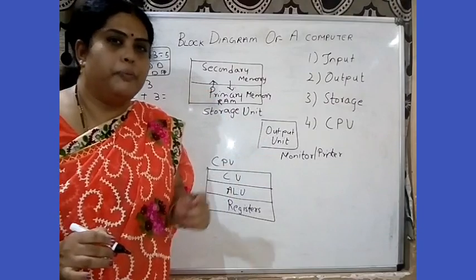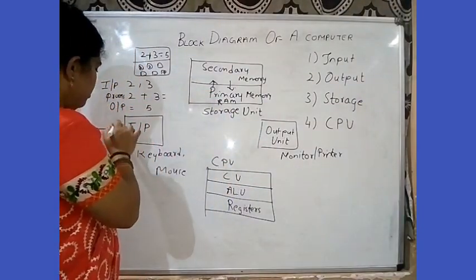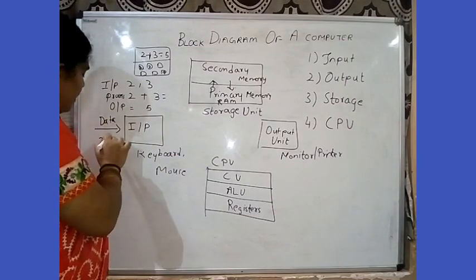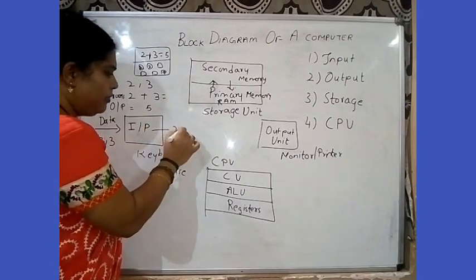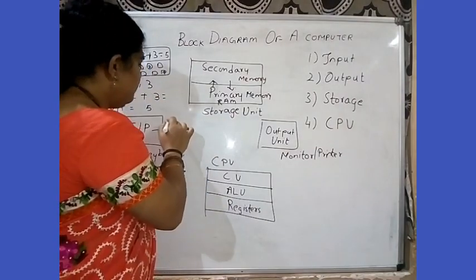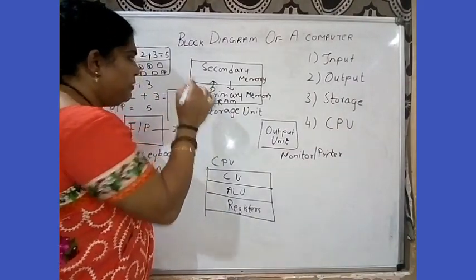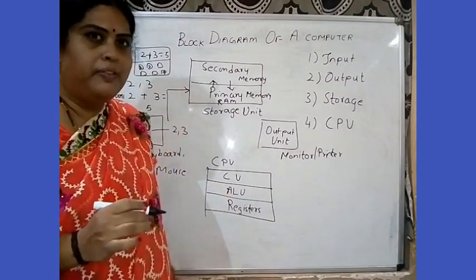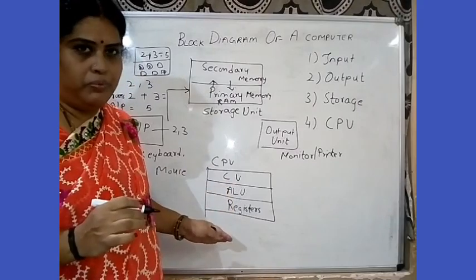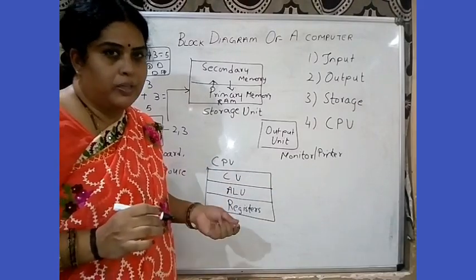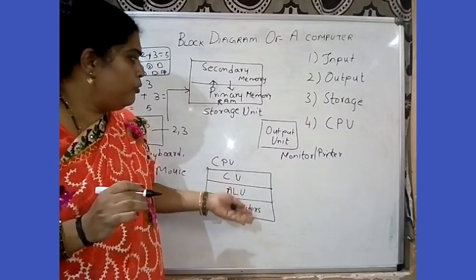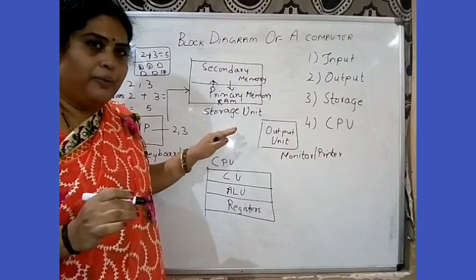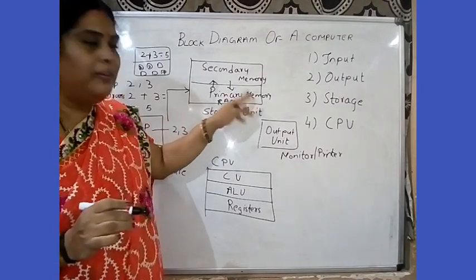When you do this, the same thing happens inside your computer. The data in this example is 2 and 3. It is being keyed in from the keyboard. It is being now sent to the primary storage device or your RAM. Now we may ask why it is not going to the CPU. See, CPU is always busy. It is doing a lot of processing work. So we don't know exactly when the CPU is going to be free to take this particular data. So a storage place is required, and that storage place is known as memory.